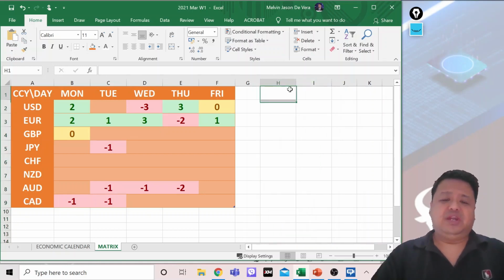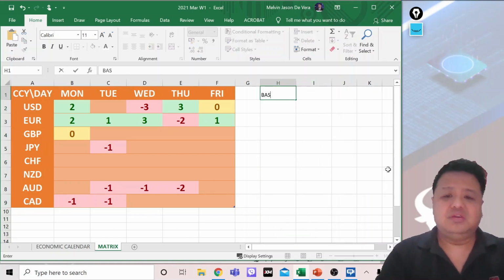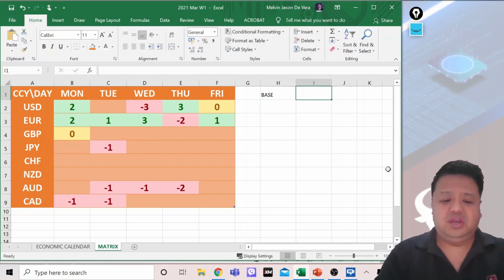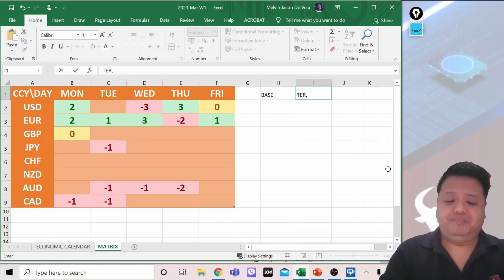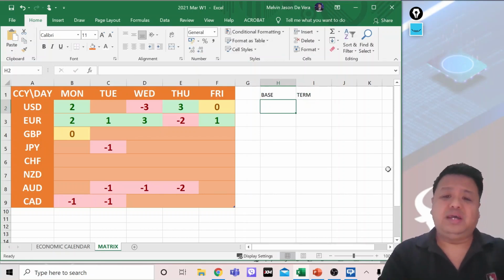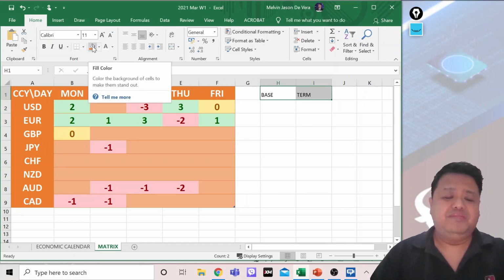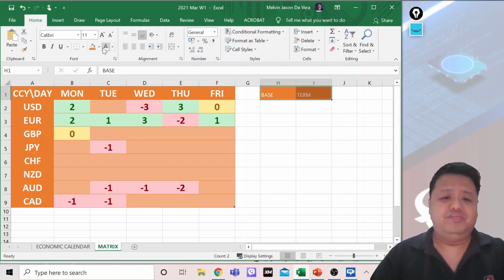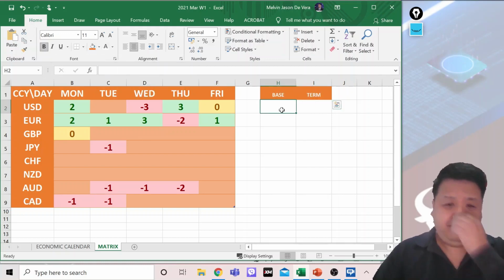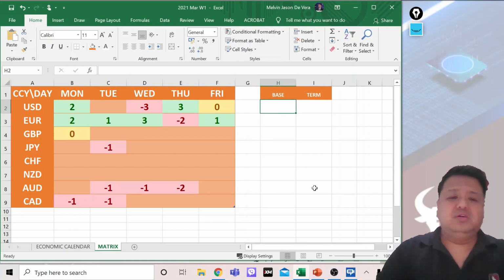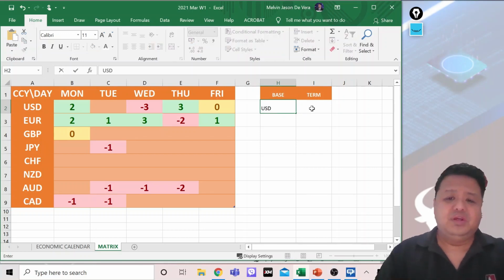Gawa tayo rito ng ano. Ito yung base. Ito yung term. Term or quote, ha? Yan ang mga tawag natin dyan. Okay. Now, we have here USD at saka CAD. Okay?